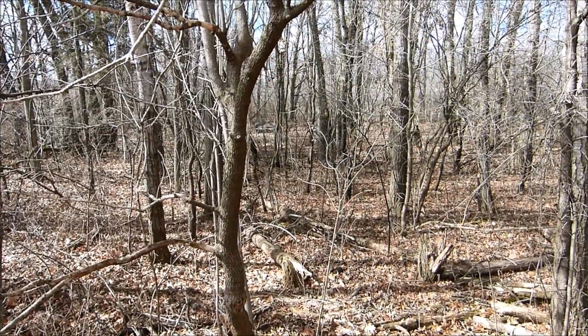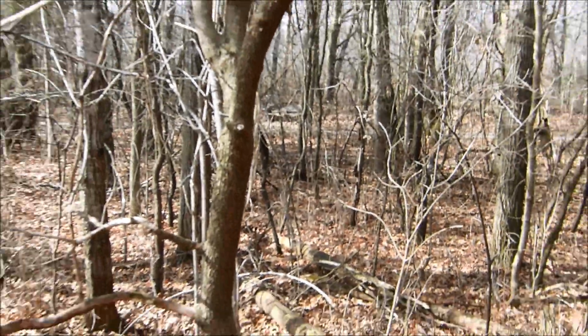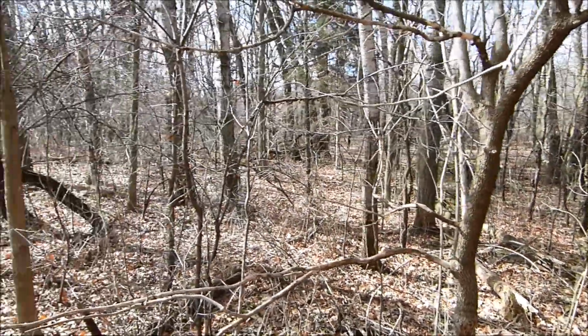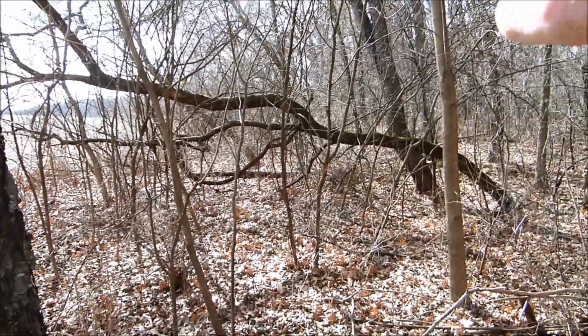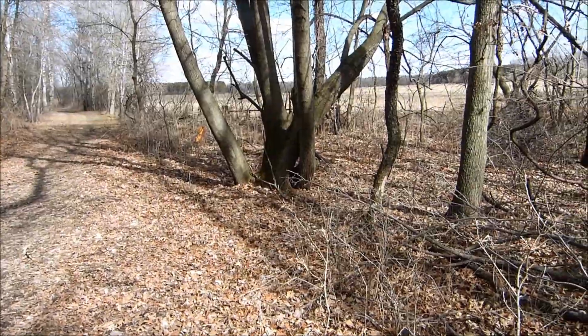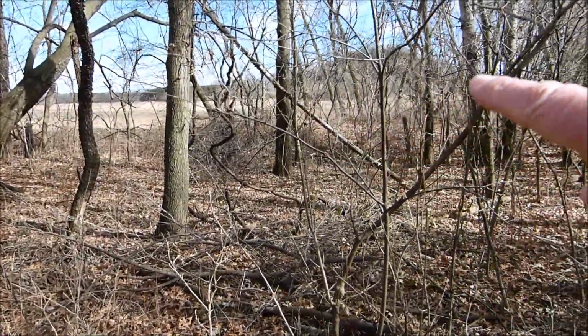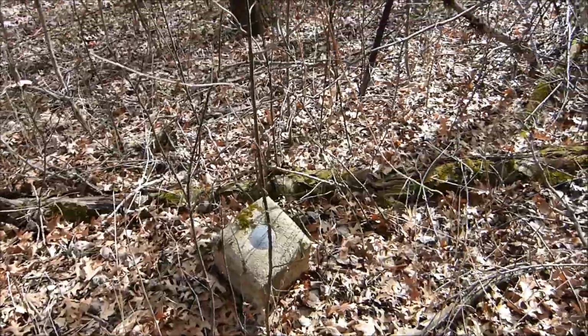See the trail over there? There's enough room between that and this road for a depot. But I'm not quite in the right spot. I gotta go up this way yet. So that's the area where that road is, going out that way. And now we found this